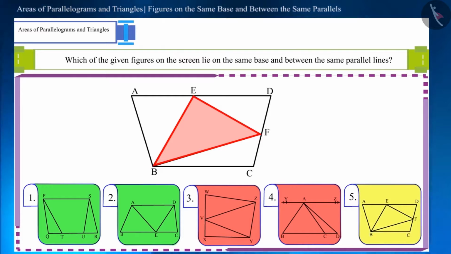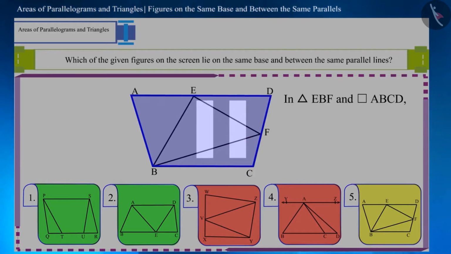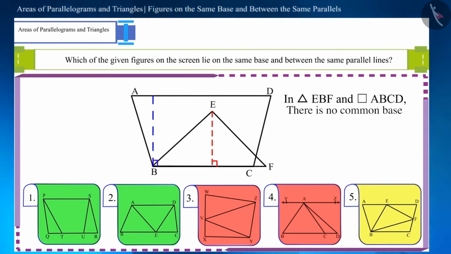Friends, is the base of the triangle EBF and parallelogram ABCD the same? Are the two figures located between the same parallel lines? You can think of this by pausing the video. Friends, their base is not common, which we can observe just by looking at them. Are their heights equal? You can observe on the screen that their heights are not equal. The vertex E of the triangle is below the side AD. We can also see that these figures are neither on the same base nor are they located between the same